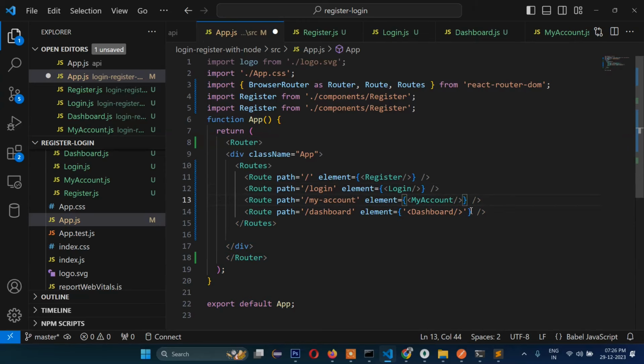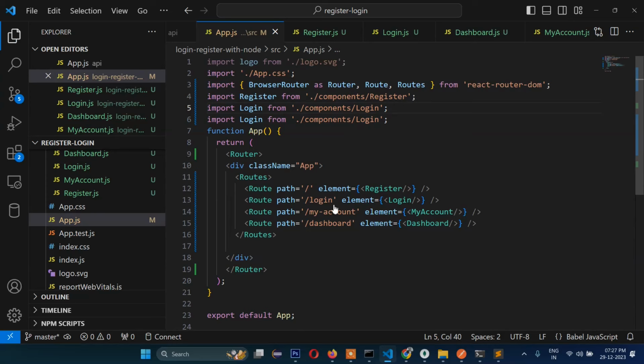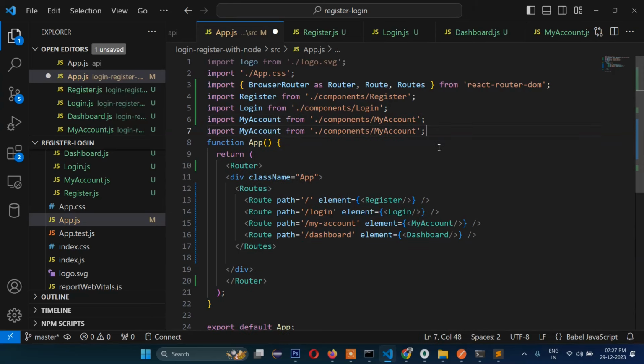So it will be like this, and login, and here as well login, and then my account, and finally dashboard. So our routing section is ready, and as you can see, it is displaying nothing because